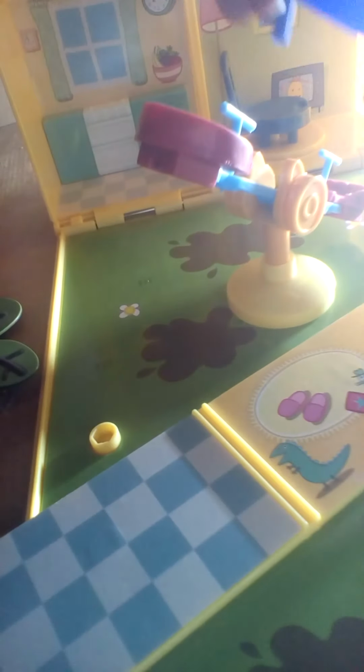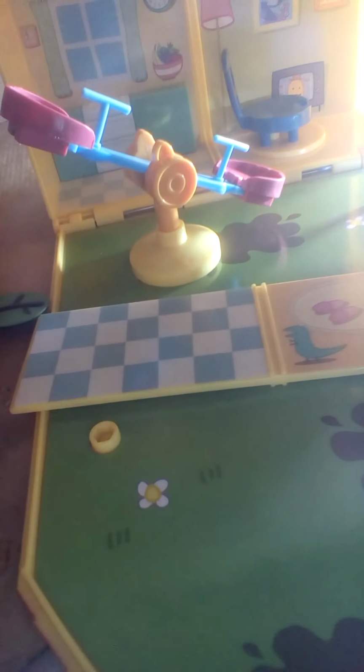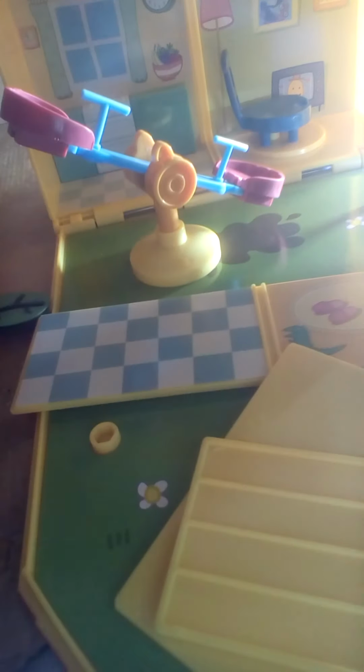Oops. I don't know where the bed should go. Maybe I'll put it just here for now, because there's no landing up there. And then we have a play area. And I don't know what these are. Comment down below what these are, guys, because I don't know. George wants to, Peppa